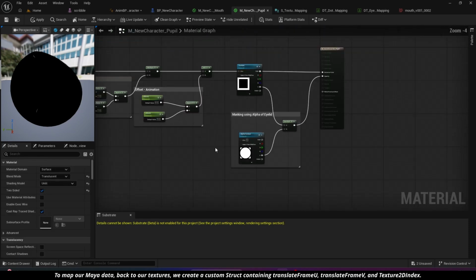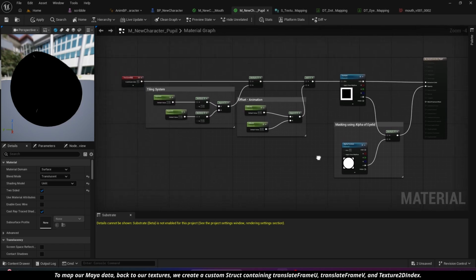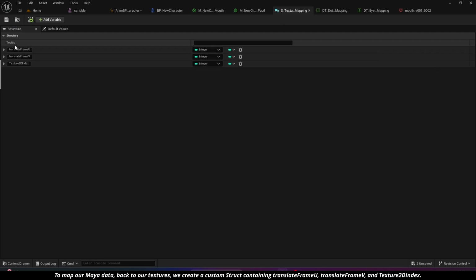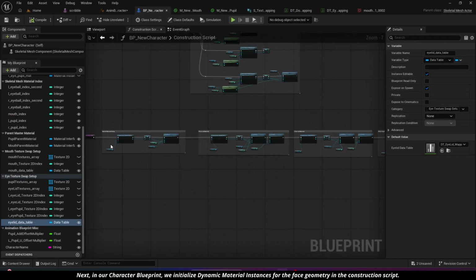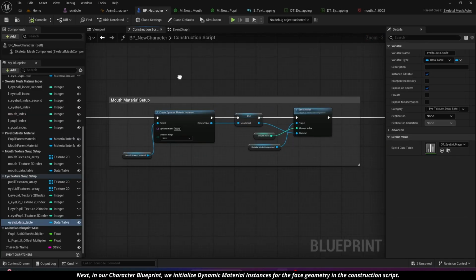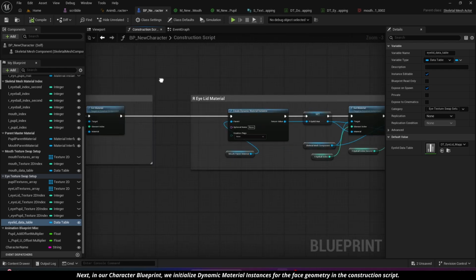To map our Maya data back to our textures, we create a custom struct containing translate frame U, translate frame V, and texture 2D index. We use this struct to generate data tables for our characters, linking the translate frame values from Maya directly to texture index numbers. Next, in our character blueprint, we initialize dynamic material instances for the face geometry in the construction